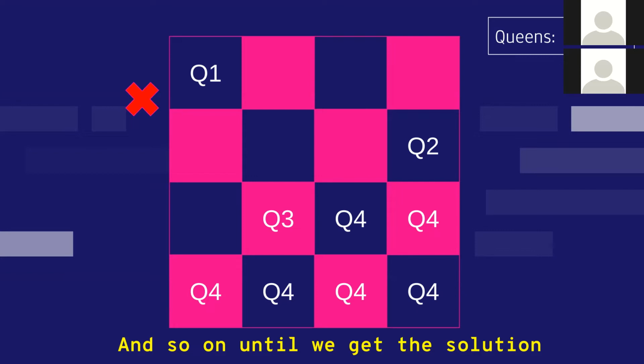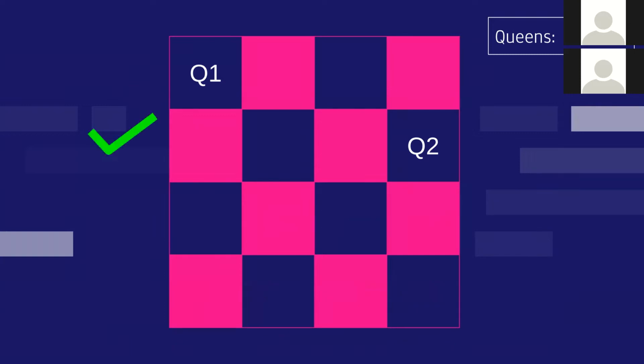The parent is trying to ask their children to fit into the board. If the children cannot fit anywhere, the parent will move one position and then ask their children to try again. If it fails again, then the parent will move another position and then the children will try again and so on. So Q1 being the parent, Q2, Q3, Q4 will be the children. Similarly, Q3 will be the child of Q2, Q4 will be the child of Q3, and so on. So I hope that idea is clear. I'll show you the animation once again.